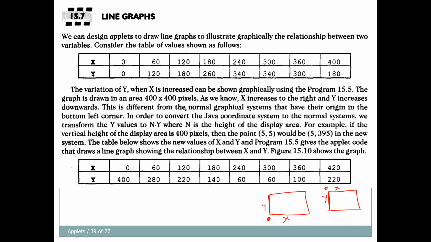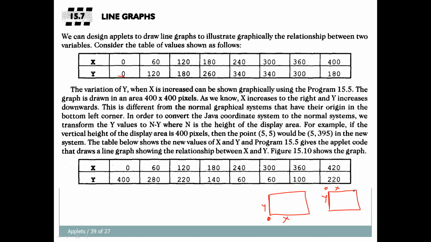That is the reason we need to change the y values which are given. X values still remain the same in both coordinate systems, but the y values change. That is the reason we have to recompute the y values which are given for every x value. To recompute the values, we just have to deduct the y value from the height of the window.